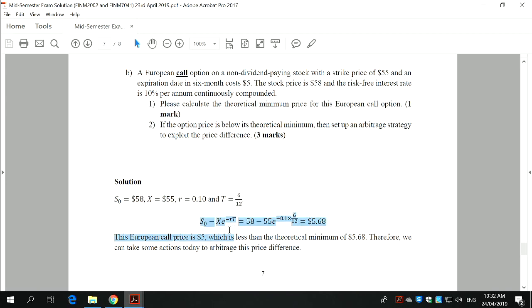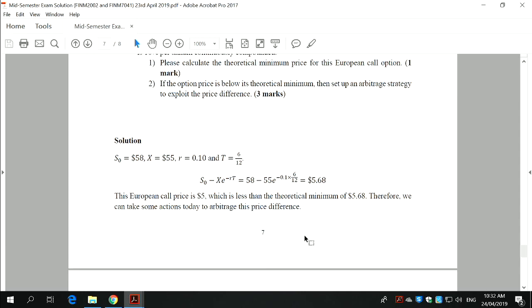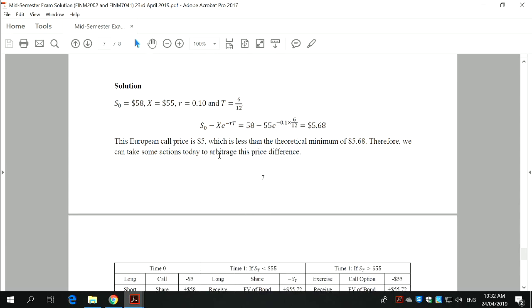The lower bound on a call option is simply the spot price minus the present value of the strike price. So you work out, it turns out to be 5.68,